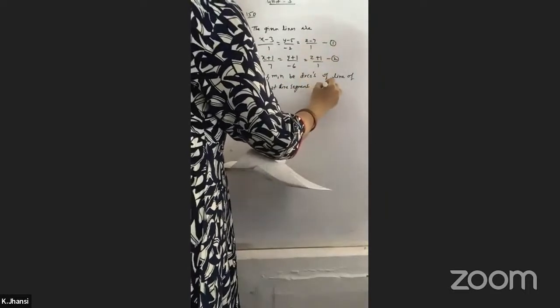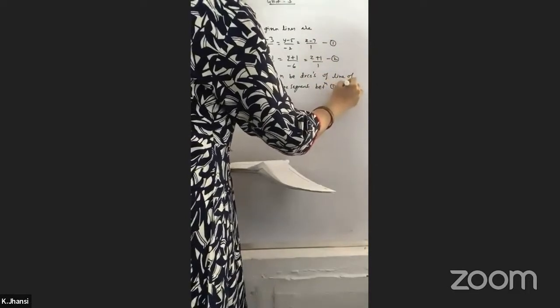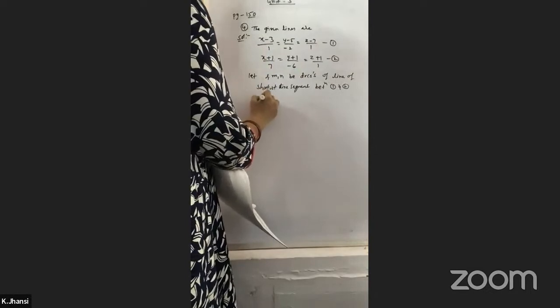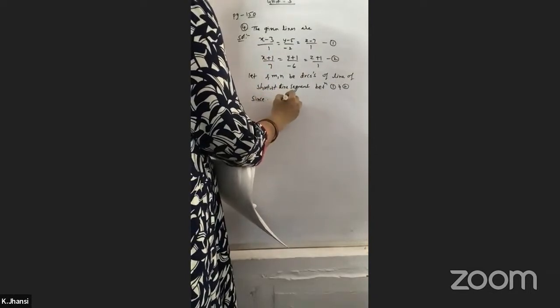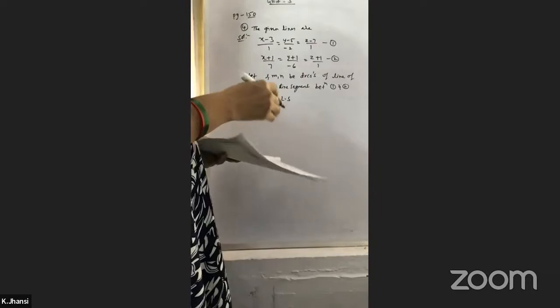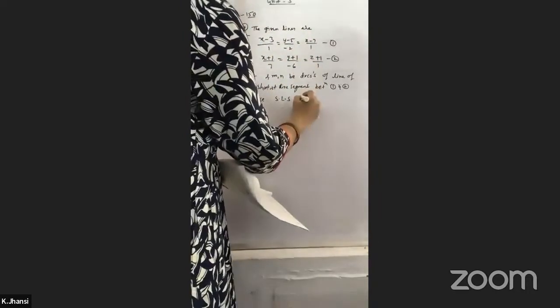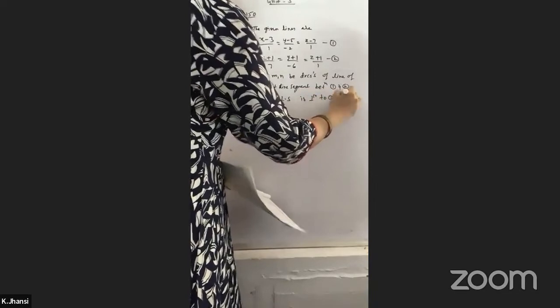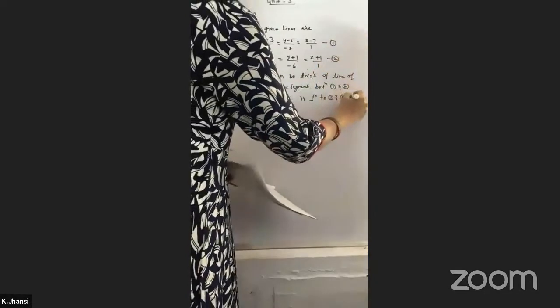Since I am writing this in short form, the shortest line segment is perpendicular to 1 and 2. We have,